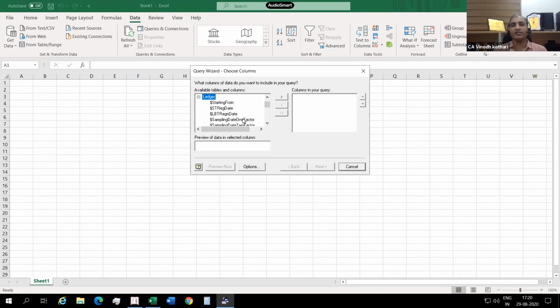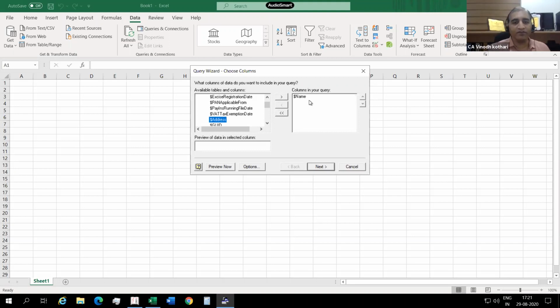First field required is ledger name. Now any field name in Tally will start with dollar. So I'm going to select dollar. And what is the ledger name? So dollar NAME. So I'm selecting dollar N. Okay, shift dollar N. So I select shift dollar N, what happens? This has directly gone to name. I just need to double click this. Now this name is selected.